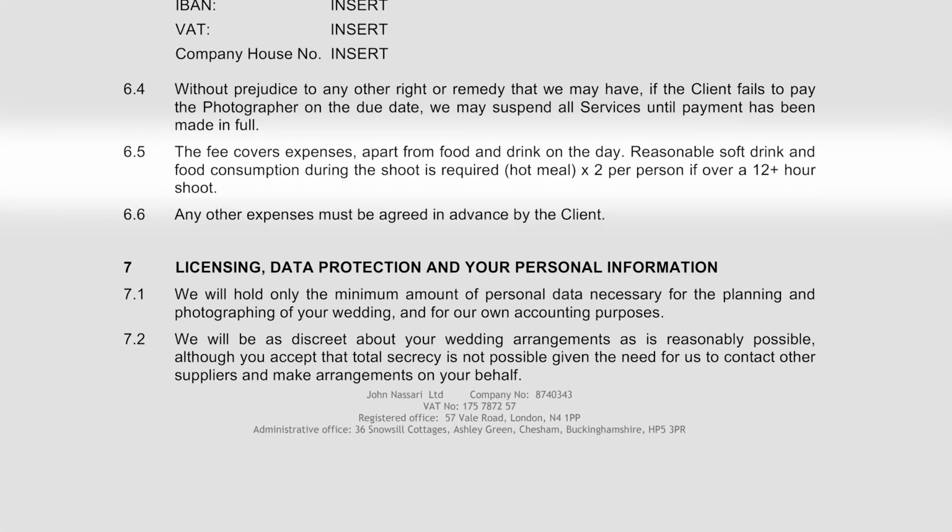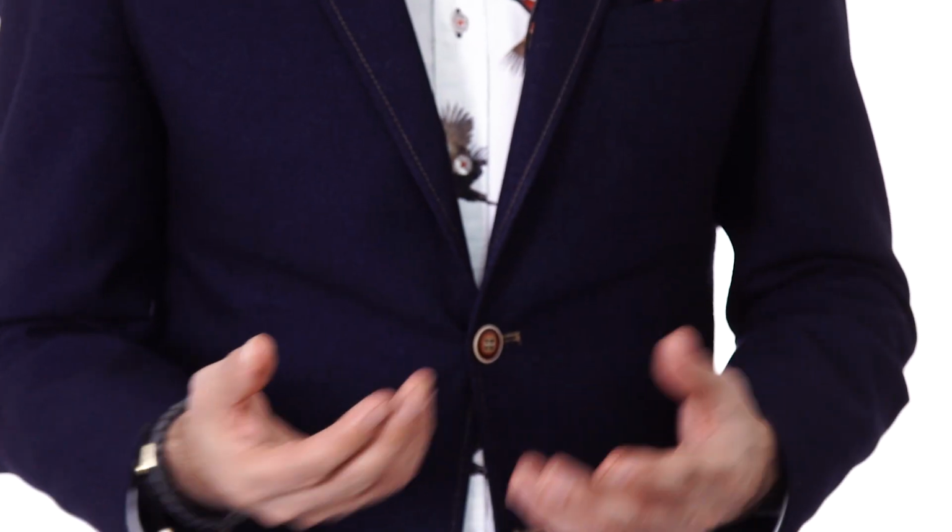So I think that needs to be in your paperwork, and it needs to be clear what you want. In my case, I always ask for a hot meal for myself and every member of my team. I think it's important to pause, to have a hot meal, to get your sustenance back before you move on. And I think you should be making that clear in your contracts.